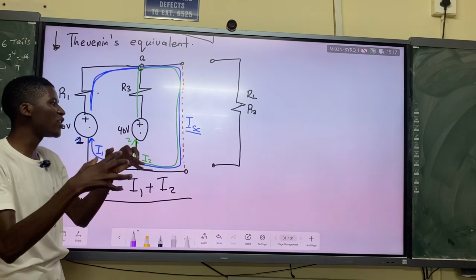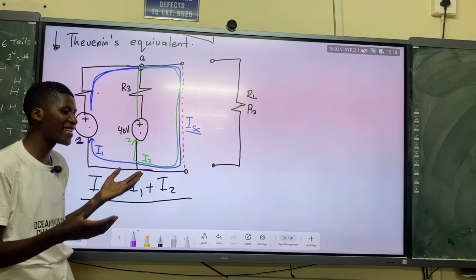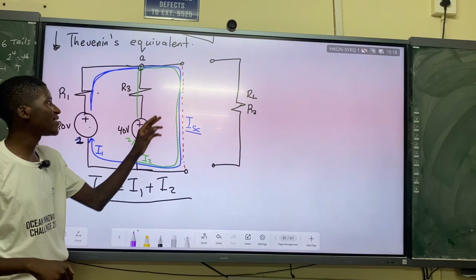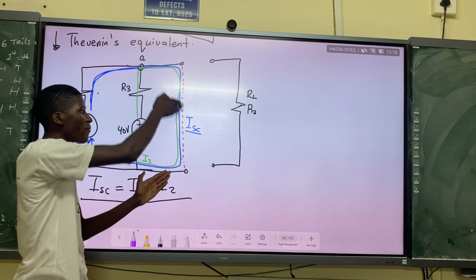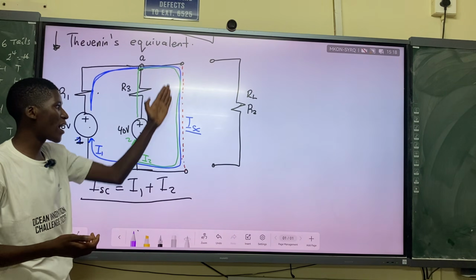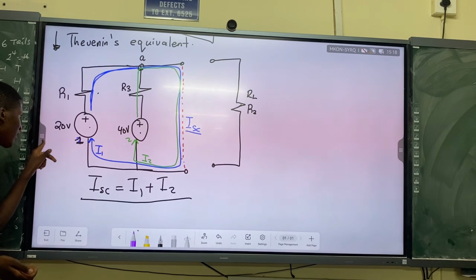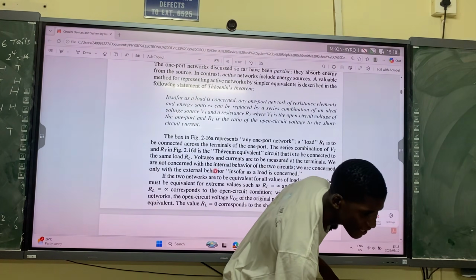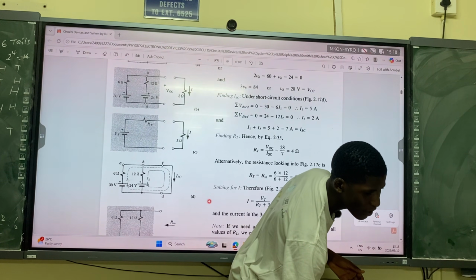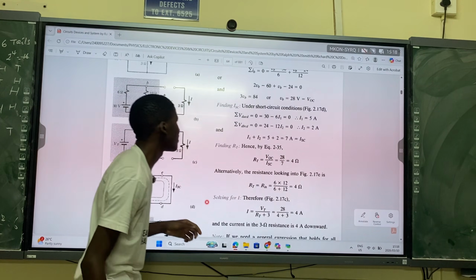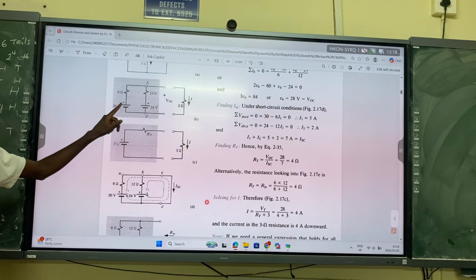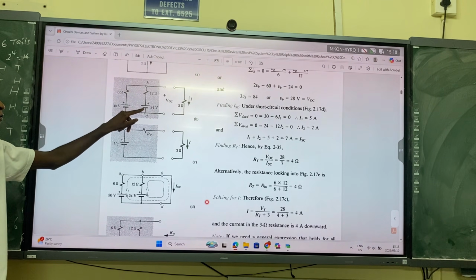But here I did it all in one just to simplify things. The standard doesn't really need us to do that. To simplify, we did the open circuit at the same time as the short circuit. But realistically we must have two diagrams, one short circuit and another one open circuit. If you can see from one of the examples that we looked at, we are supposed to have two different diagrams. When we rearrange our components, this is a 30 volts power source, this is 6 ohms, this is 24 volts, this is 12 ohms.